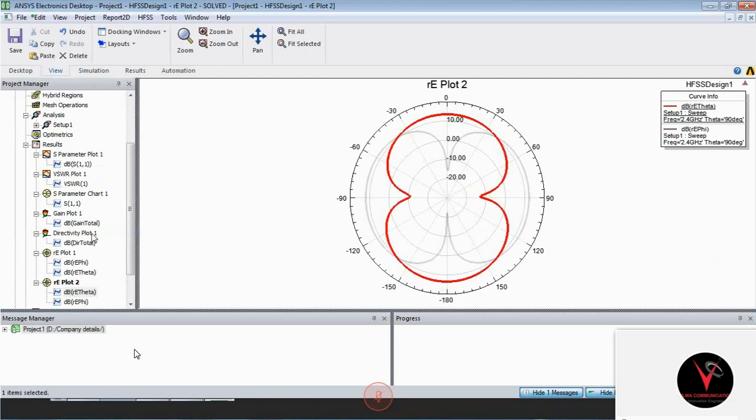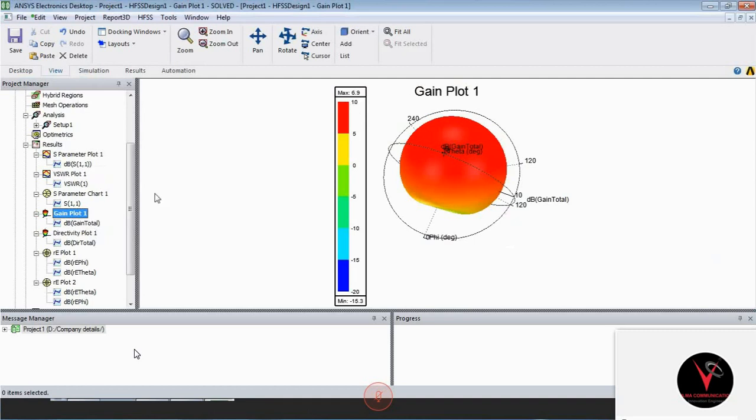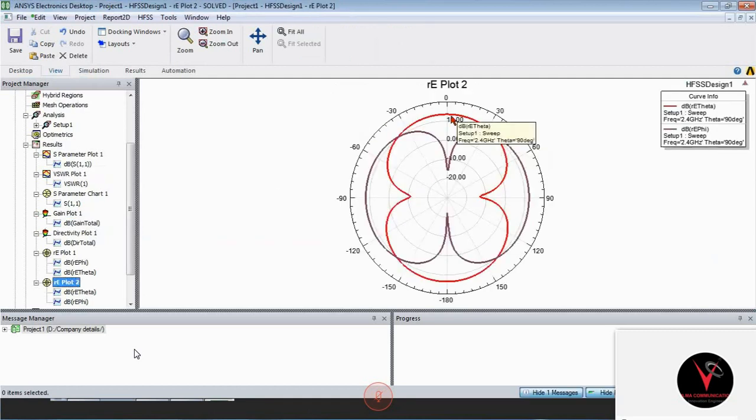Here our maximum ideal gain is 10 dB. Here also the maximum ideal condition is maximum power transfer, which is above 10 dB. So here also we got the same exact value for the radiation pattern. The antenna will radiate on an equal surface, which means the power is equally distributed. So this antenna is called an equally power distributed antenna. These are the basic things.